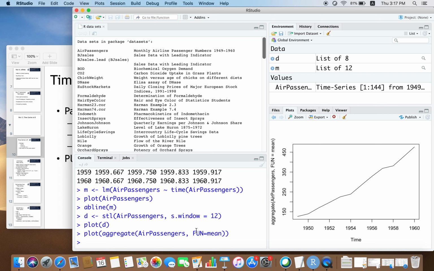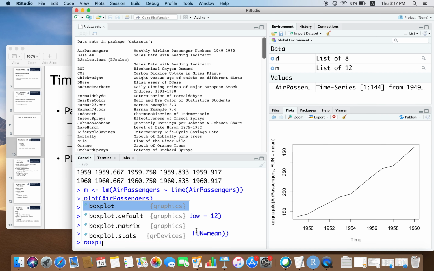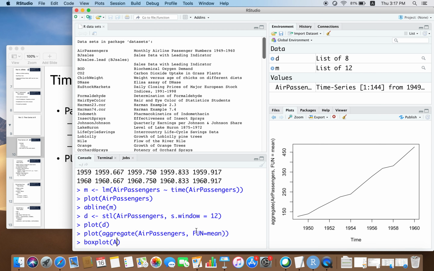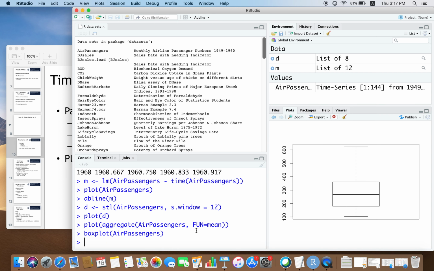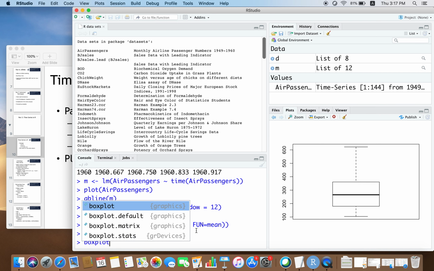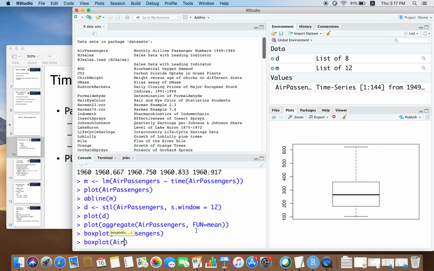Similarly, you can do a box plot. If I simply call box plot on this air passengers data, I get a single box plot. But there is something more I can do. I can say box plot air passengers against this cycle of air passengers, the cycle present in that.